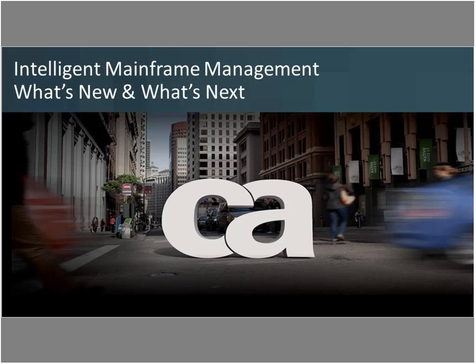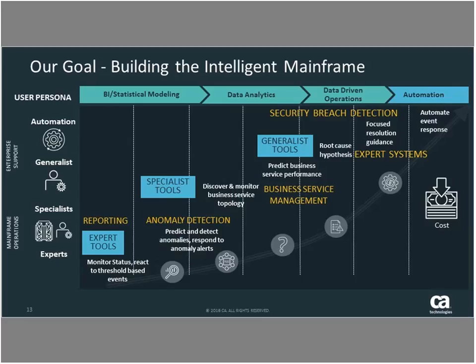So what's next? The next is really taking our performance management to that next level. Technology is there. We need to be able to make our systems more intelligent. And why do we need to make them more intelligent? To be able to support the ever-changing environments that are there, but also allowing you to do more with less and allow people to be able to engage in the mainframe as just another environment of their overall IT